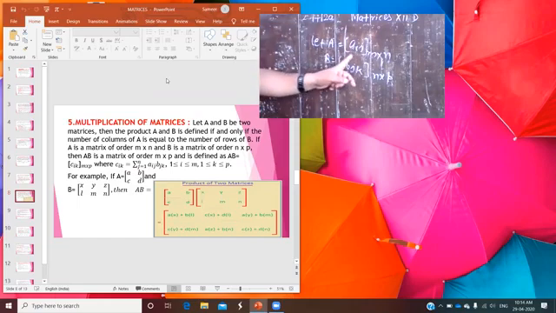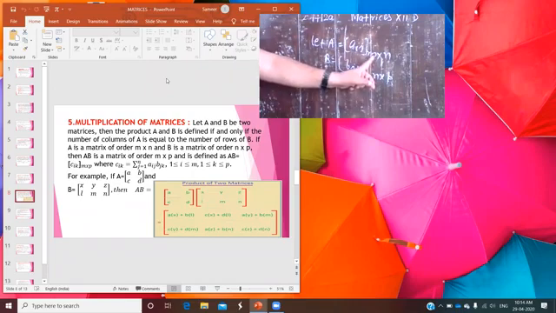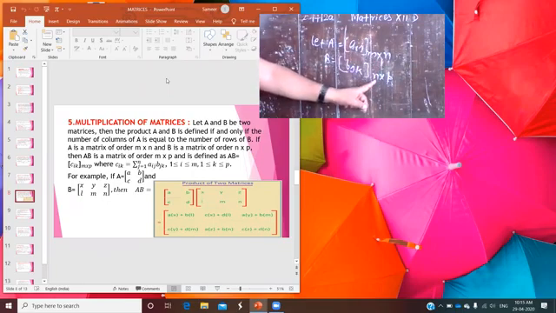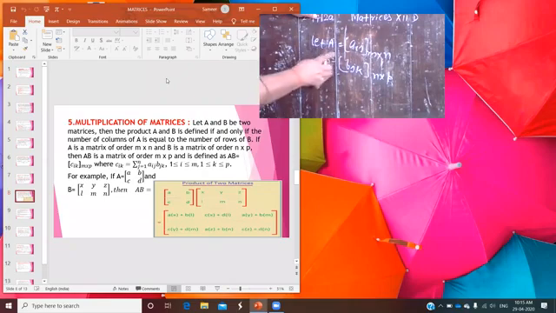Matrix A is equal to a_ij of order m by n. The other matrix is taken as b_jk. Here a_ij represents the element of the ith row and jth column, and in B you take the element of the jth row and kth column. If you see the order, the number of columns in A is n, and n is the number of rows in B. So these two matrices follow the condition for the product, or multiplication, of matrices.